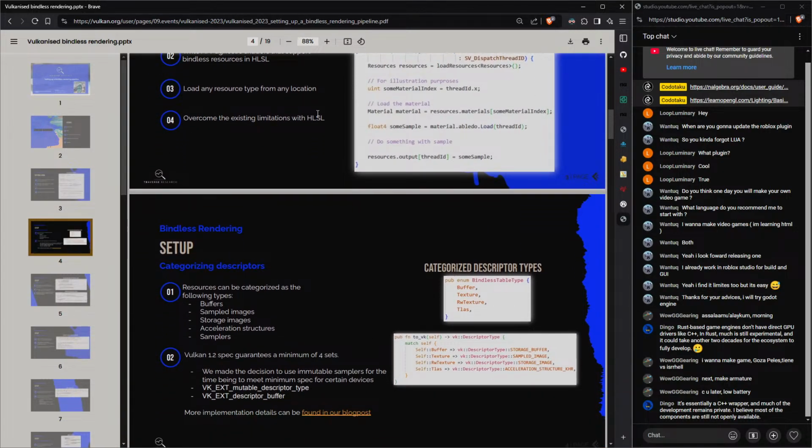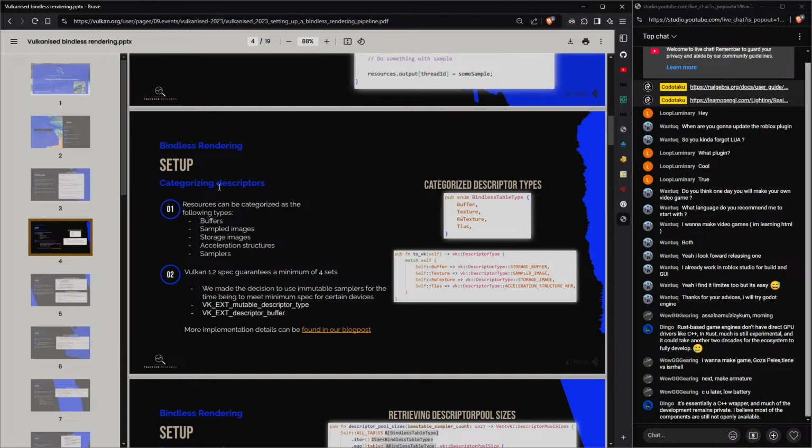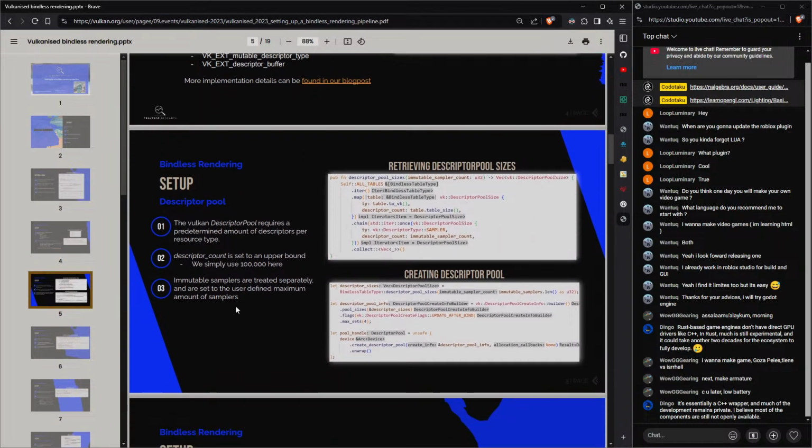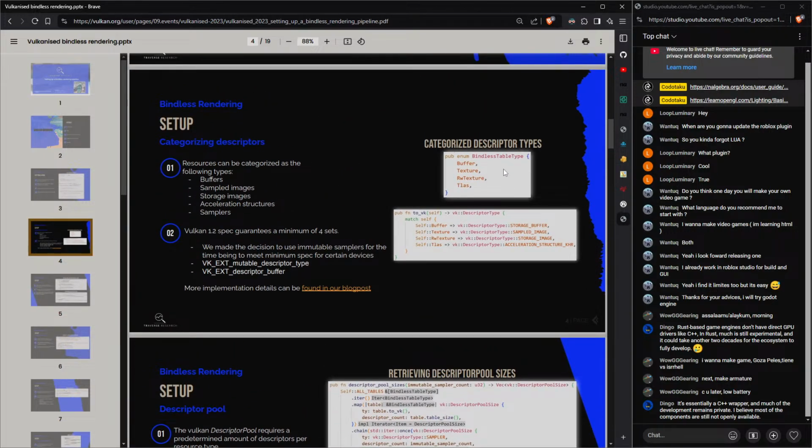So, overcome the existing limitation with HLSL. Okay. Can be as the following types: buffers, minimum 4 sets. So the Vulkan 1.2 spec guarantees a minimum of 4 sets. We made the decision to use immutable samplers for the time being to meet minimum spec for certain devices. VK_EXT_mutable_descriptor_type, VK_EXT_descriptor_buffer. Anyways, bindless table type to vk. If it's a buffer, storage buffer, texture,